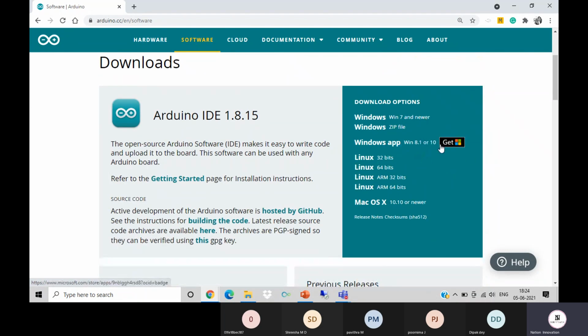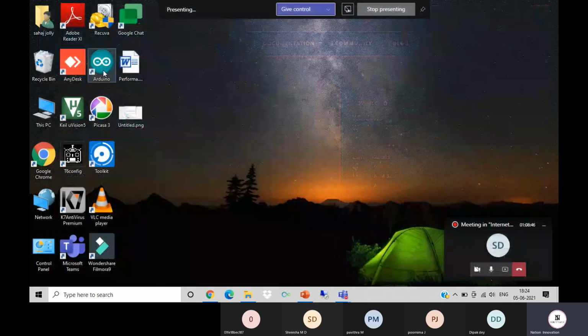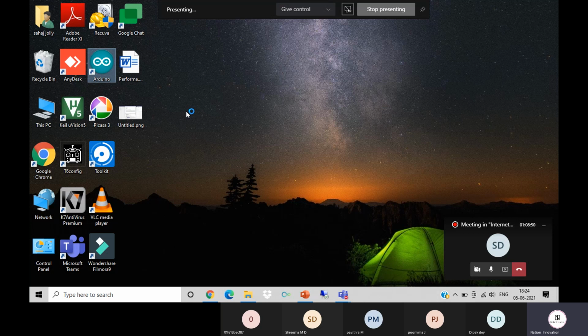Please do not go with the app one, because it basically gives some kind of errors. I prefer to go with the Windows application and install that. After installation, you will have this Arduino icon on your desktop, and let me open this for a while.